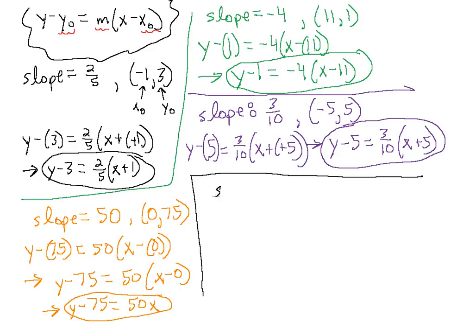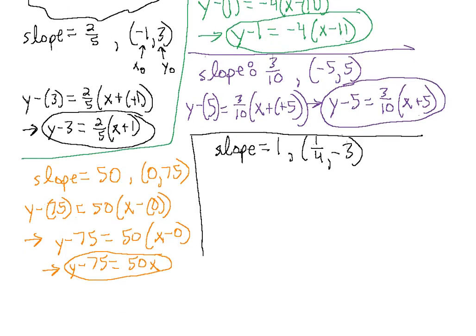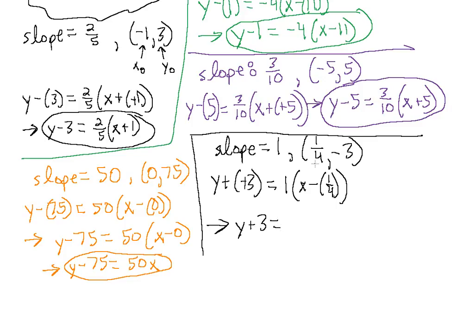Let's look at the equation of a line that has a slope of 1, and it passes through the point, let's say, 1/4 and -3. Don't get excited about the fraction. It's going to work the same way. We have y minus y naught, which is minus 3, being careful with our negative signs. Our slope is 1 times x minus x naught, which is 1/4. Here we can cancel the negative signs, so we have y plus 3 equals